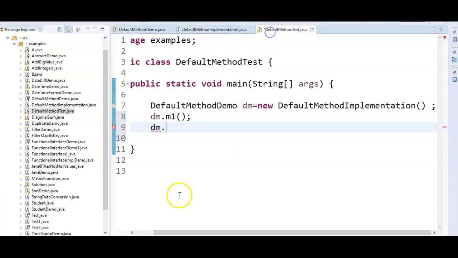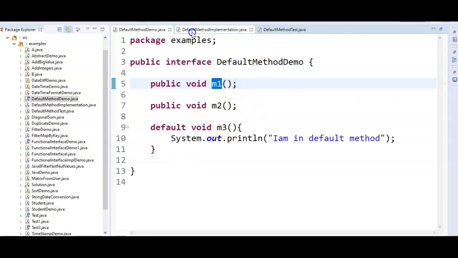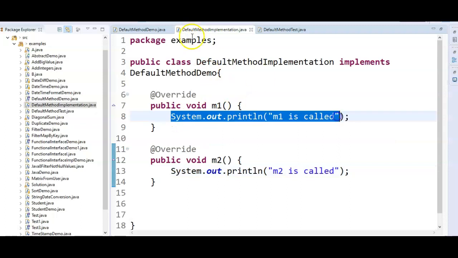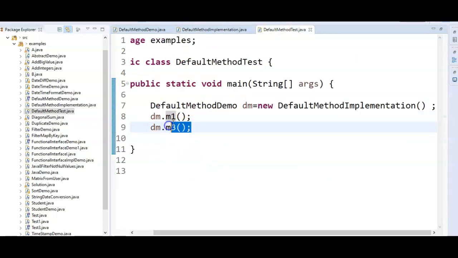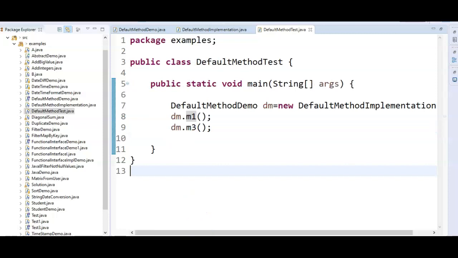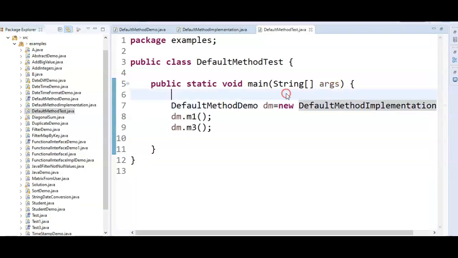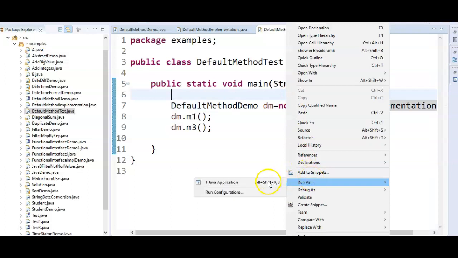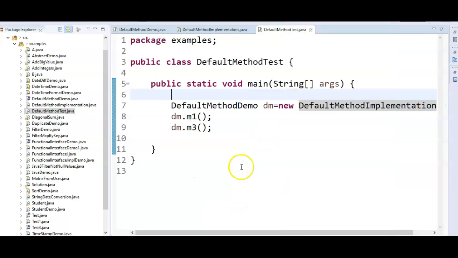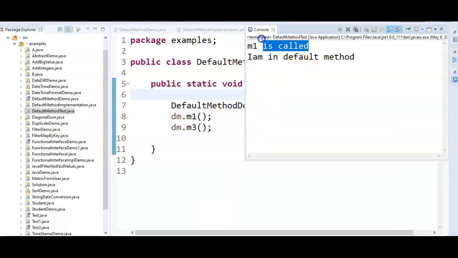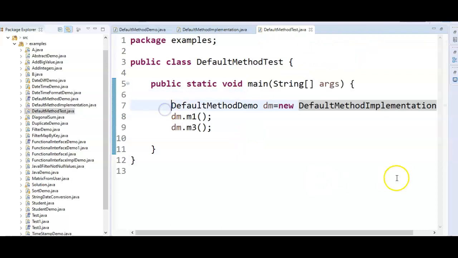When we say dm.m1, it will print "m1 is called", and when we say m3, m3 will be called. Now let's run the program and see the output. So m1 is called, I am in default method.